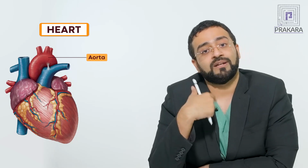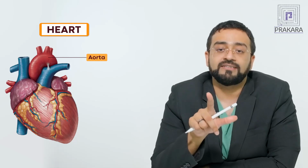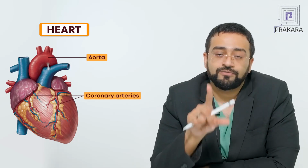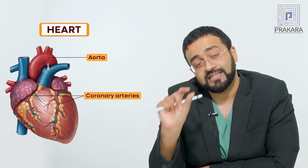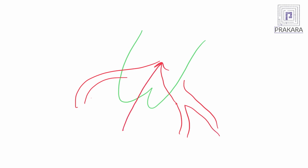So, the moment the blood goes into the aorta, the first organ that gets supplied is the heart itself via the coronary arteries, which arise from the base of the aorta. So, you have the aortic cusps, and from the base of the aortic cusps you have the coronary arteries which arise right at the beginning. So, the blood goes into the aorta and then it perfuses the coronary arteries and the coronary arterial circulation occurs there,